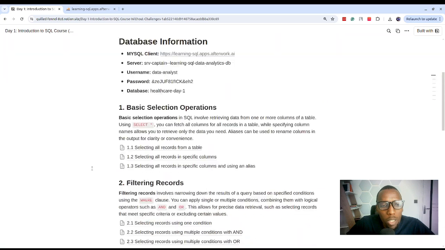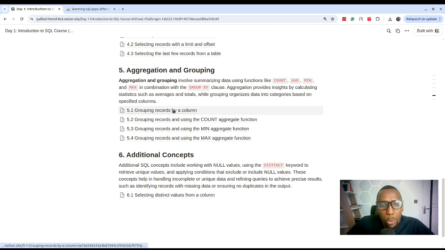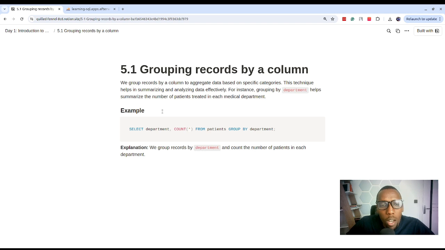All right, moving on. That's limiting records. We're done. We are moving on to aggregation and grouping. So this particular section entails creating pivot tables. So we might want to create a pivot table, and a pivot table is just a smaller table